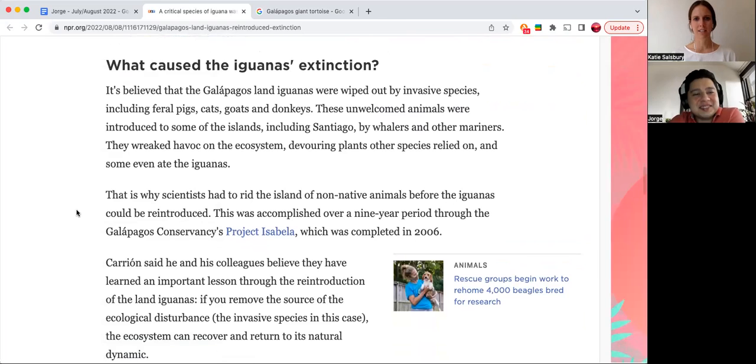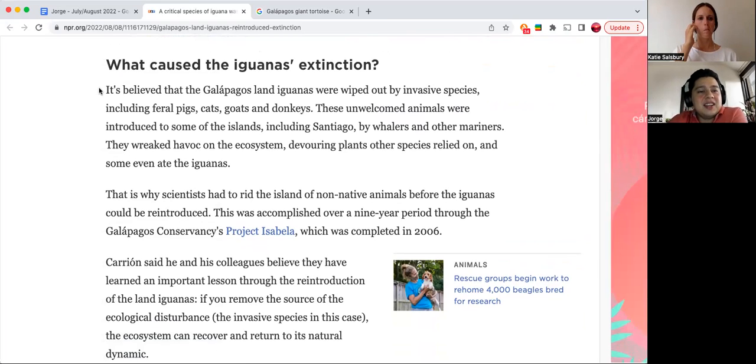Okay. What caused the iguana's extinction? It's believed that the Galapagos land iguanas were wiped out by invasive species, including feral pigs, cats, goats, and donkeys. These unwelcome animals were introduced to some of the islands, including Santiago, by whalers and other mariners. They wreaked havoc